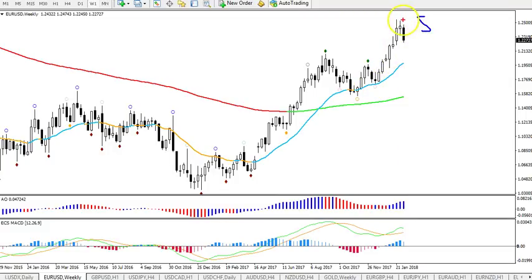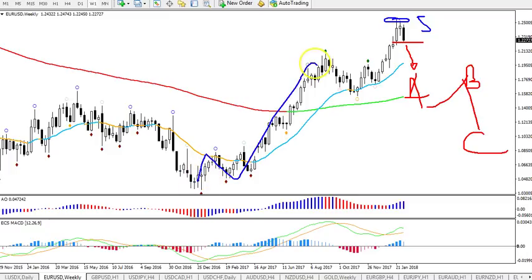So this could be the end of wave 5. Price could have hit 125, that's it. The completion of wave 5. It's possible. So that's how, if price does move lower, below 122, it could start to fall down to 120, because this could then start an A, B, C correction, like this, after 1, 2, 3, 4, 5,